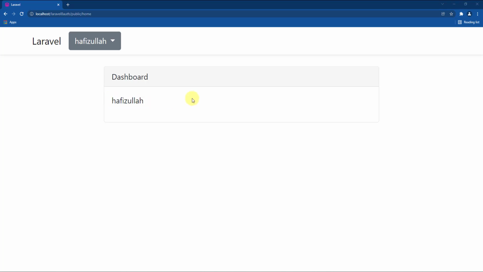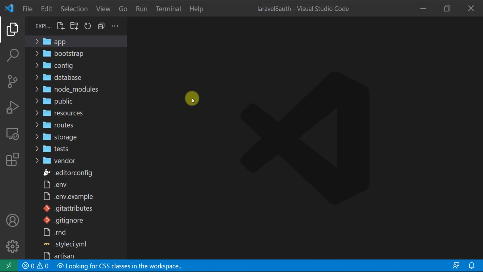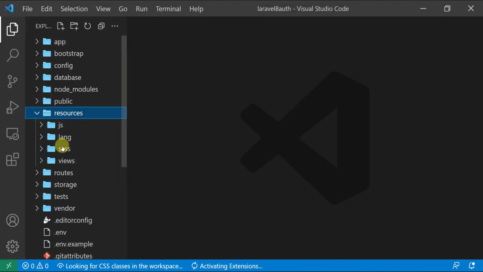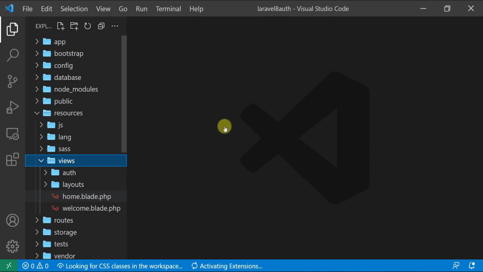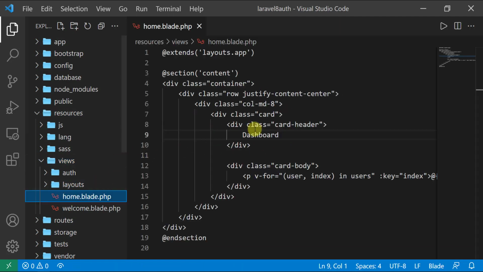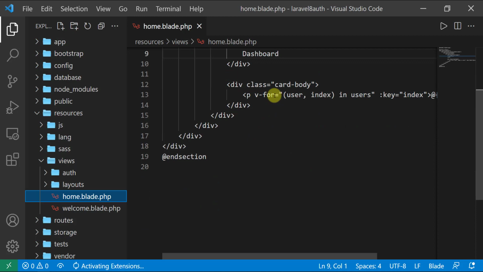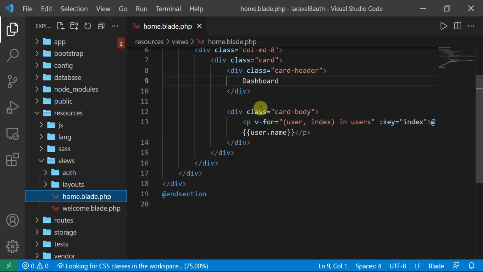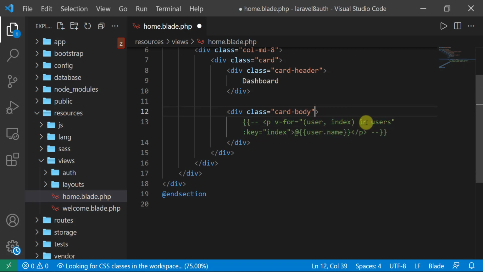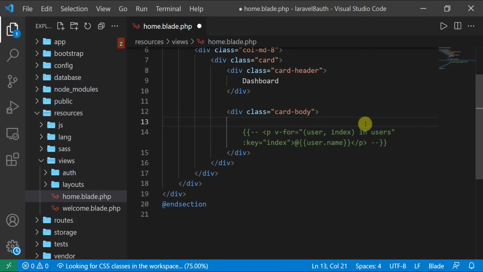So let's open our project in the text editor, and in here what we can do is go to resources, views and home blade, because this is where we are fetching the data. As you can see, we have this v-for loop, and for now we only have this paragraph tag. So what we can do is comment this paragraph tag, press enter here and create a table with a class of table and another class of table-bordered to give it borders,